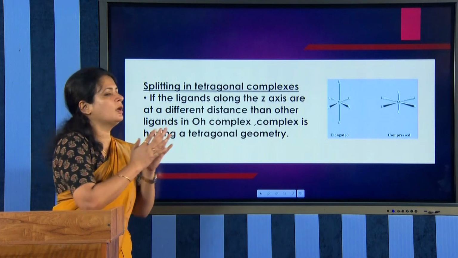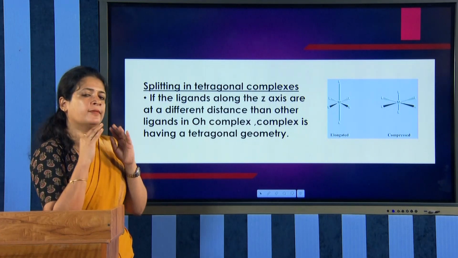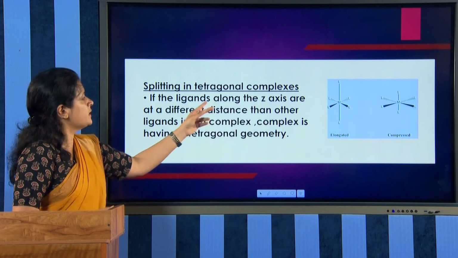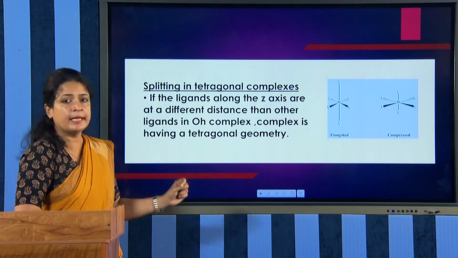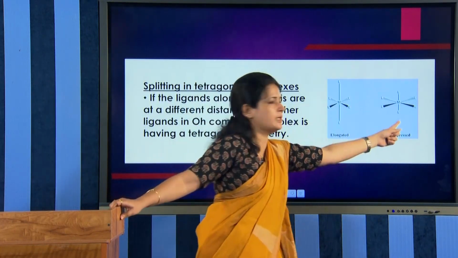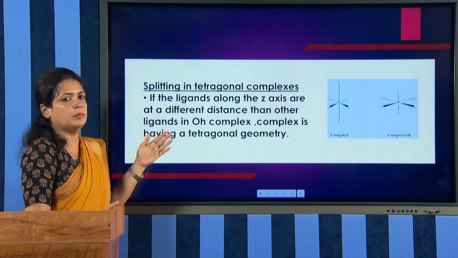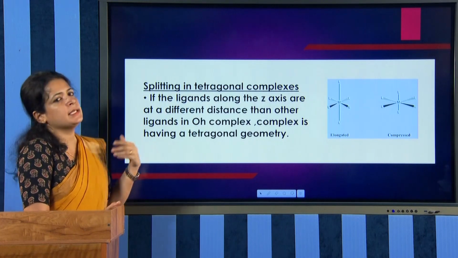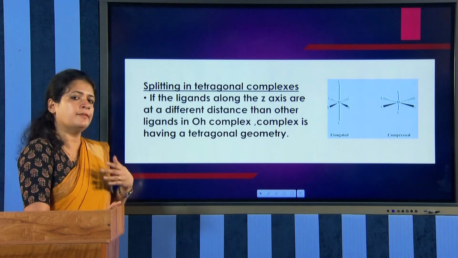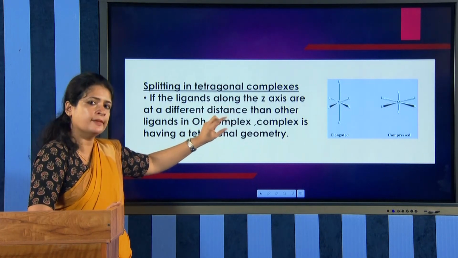So, these 2 are called tetragonal complexes, meaning there is some kind of distortion from a regular octahedron. If the ligands along the z-axis, these 2, are at a different distance from the other ligands, then that complex is said to be a tetragonal complex. And this tetragonal crystal field splitting is also different,